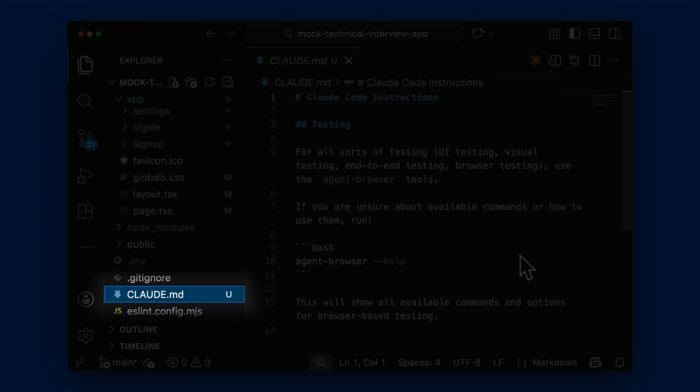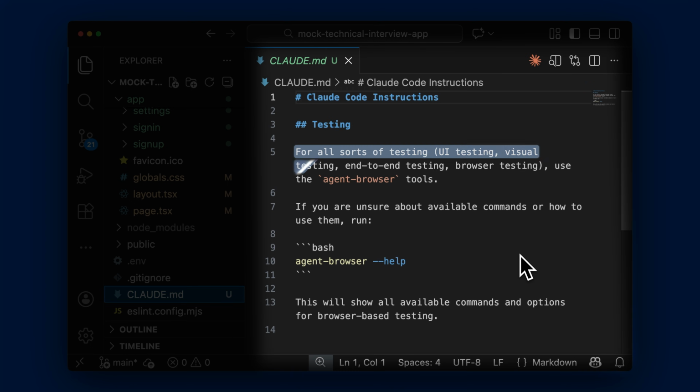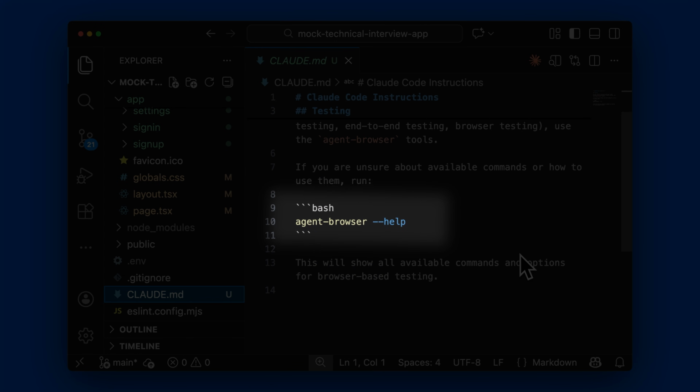activity. For my app, I added a Claude.md file and instructed it to use the Agent Browser tools for all kinds of testing. I also told it to use the help command if it didn't know how to use any